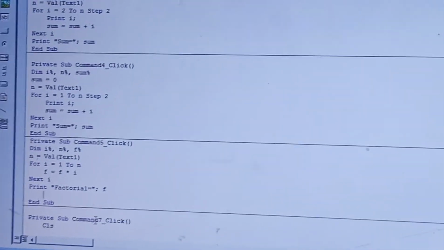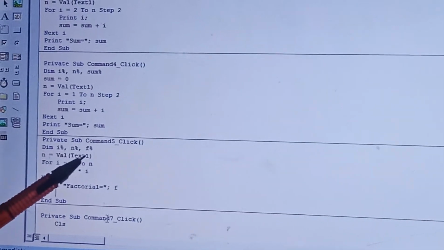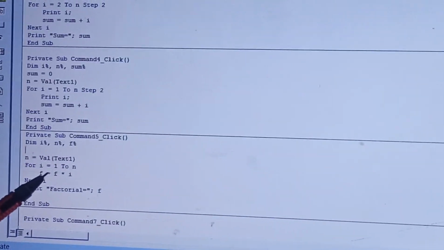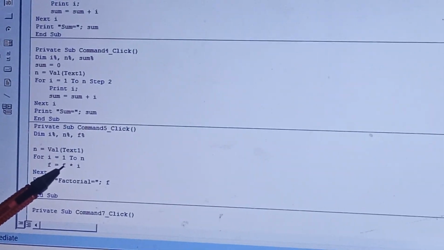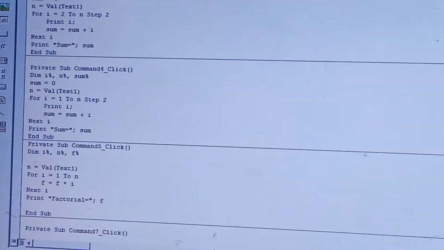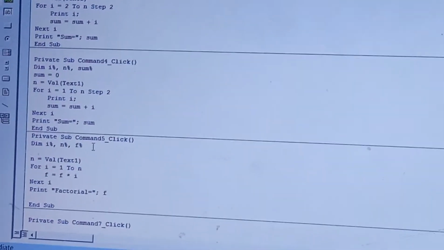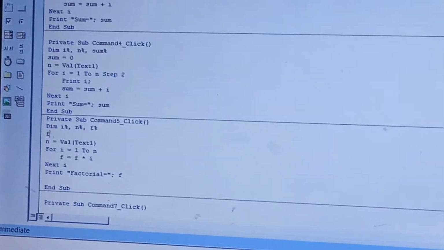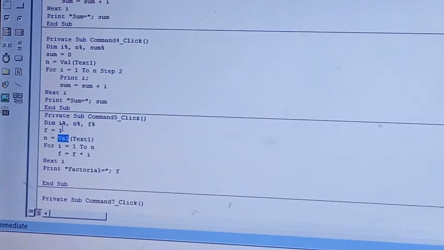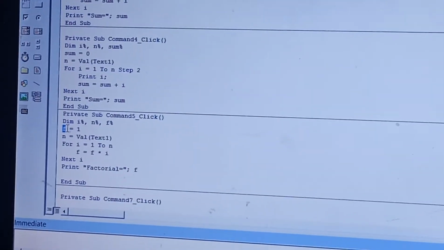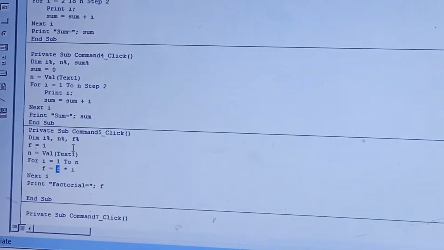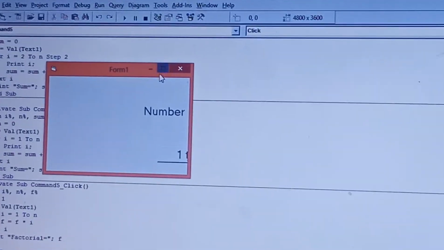Now listen children, I told you before that whenever I am declaring a variable, we put a value 0 by default. So the value of f is 0. So each time I is getting multiplied with f, which is 0, the final result is also coming as 0, because that's the rule of multiplication. Is it clear? So what we have to do is we have to initialize f is equal to 1. Is it clear? So this step is important. Without it, it will give you the result as 0, because by default f will always have a value 0. Is it clear? Now let me run this code.